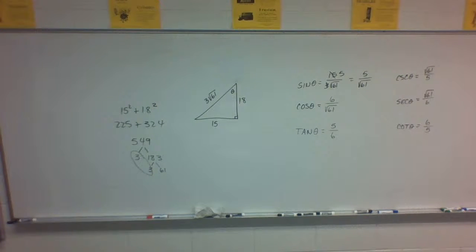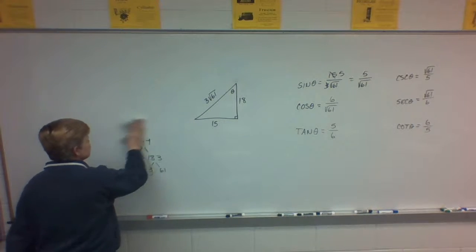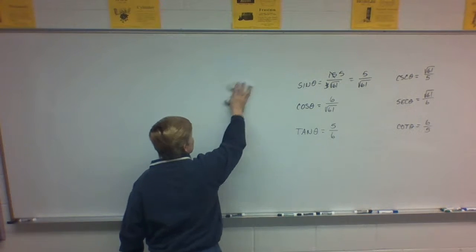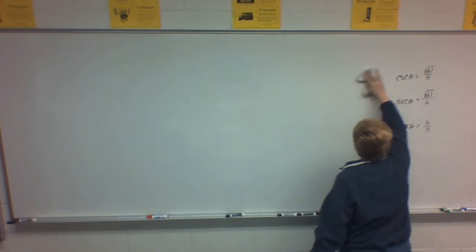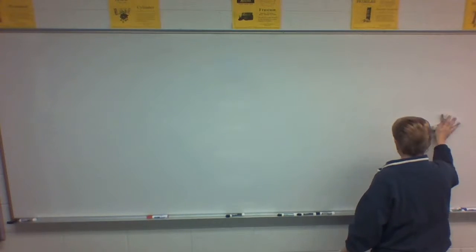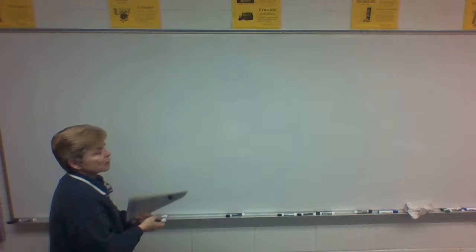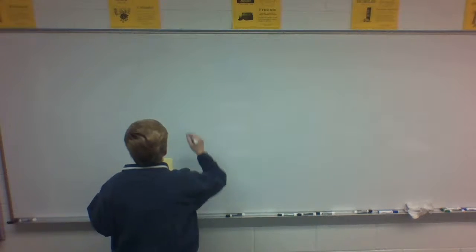Number 4 says to solve triangle ABC for all its unknown parts. There are 6 parts to every triangle: 3 angles and 3 sides. With any right triangle, they will give you 3 things that are known and ask you to find the other 3. They can give you the 3 known things in many, many combinations, and you've got to figure out how to find the other 3. One of the 3 things they will always give you is the right angle. Otherwise, none of this applies. Okay, so,